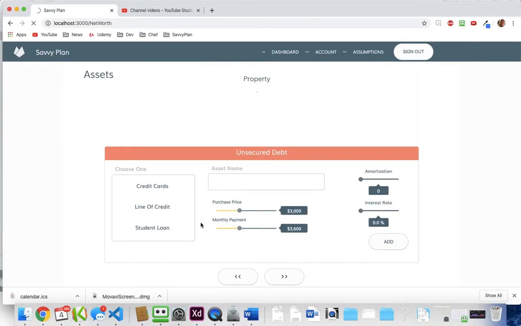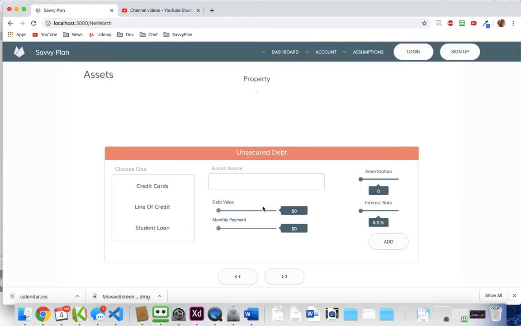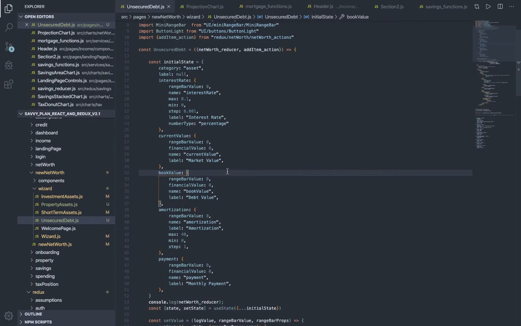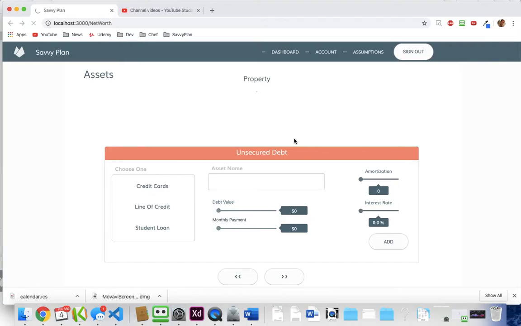So we've changed that. Now we're going to add one and see if it pops up in our reducer under liabilities. And it won't because we haven't changed the category. So the category up here is still assets. So it would be adding it to assets then. But we want to add it to liabilities. And now, if we add it,